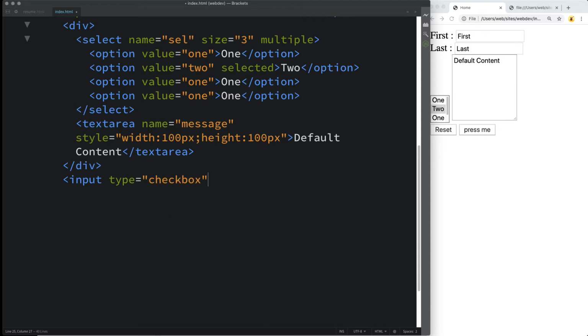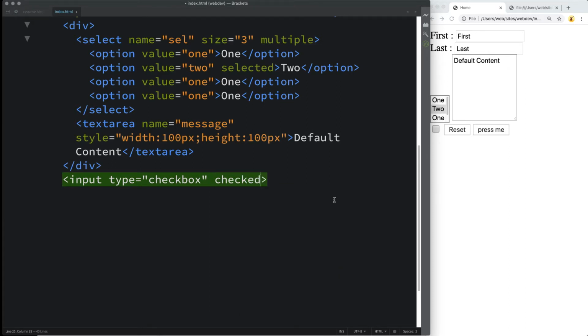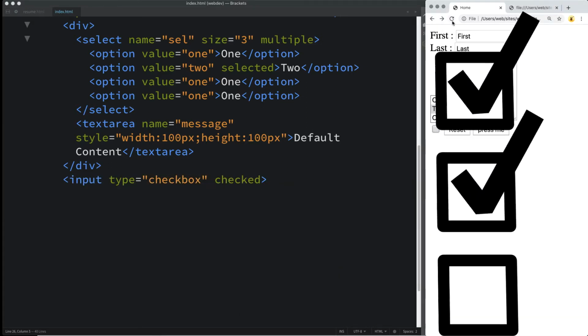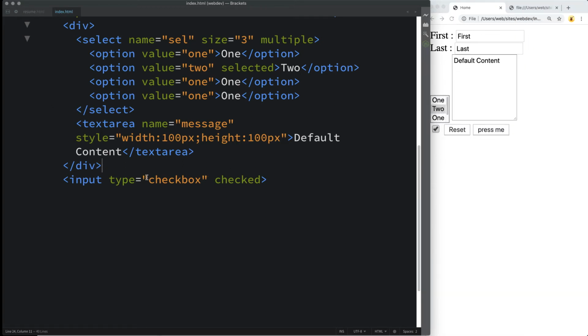And next, let's look at checkbox. And what checkbox does is it creates a check area for the input. And a lot of times you do need to apply the labels to these. Otherwise, the context of the checkboxes is hard to decipher. So they're either checked or unchecked. And you can also specify that they're going to be checked. So adding in the attribute of checked and refresh, and that's going to create a default of it being checked. And then wrapping it with the label, applying a name to it.